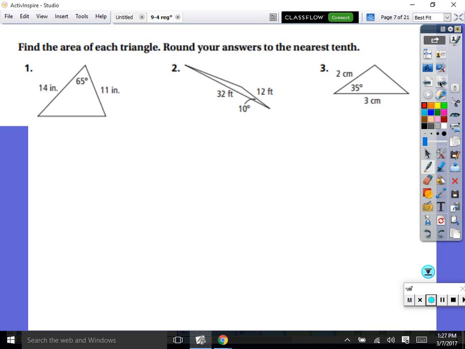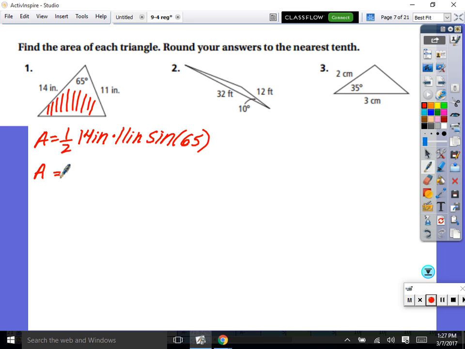It says find the area. You'd say, oh, that's a non-right triangle. So the formula for that is area is equal to 1/2 times side 1, which is 14 inches, times side 2, which is 11 inches, times the sine of the angle in between. Now you'll just type it into your calculator. Go, go, go. So the area that fills that in